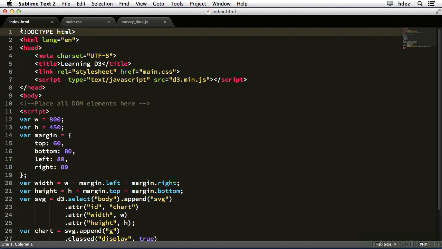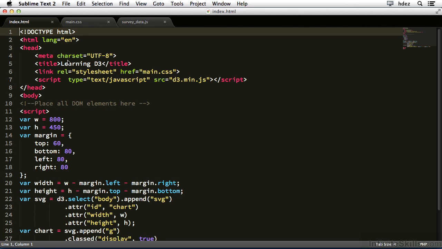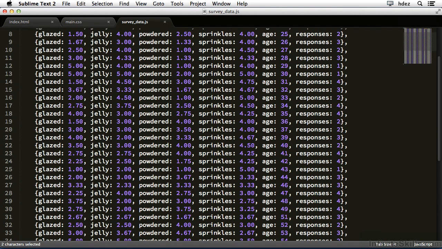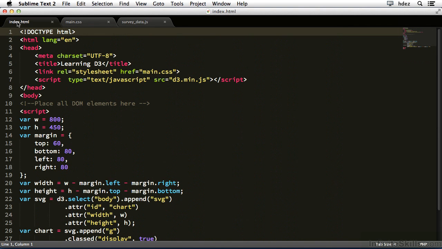Before we can get started plotting our data points, we need to make sure that we incorporate our data into this web page. Now, if we take a look at the working files folder, the data is contained within a file called survey_data.js. And I've opened that file in my text editor ahead of time. And take a look at it. It's this array of objects, and it's called data. Now, when I incorporate it into my web page, I'll be able to access it just by using the data